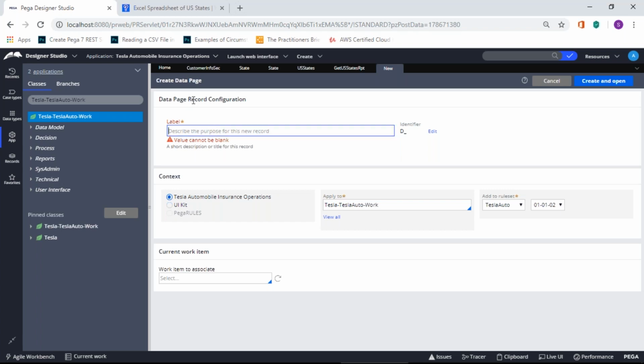So whenever you try to search a database, there are n number of data pages which are defined by the system. If you try to search for a database, make sure that you give a proper name, because while searching you also will get lost. So what I'll do is, after d hyphen, I'll create a Tesla, so that I know it's for my application, and I will put